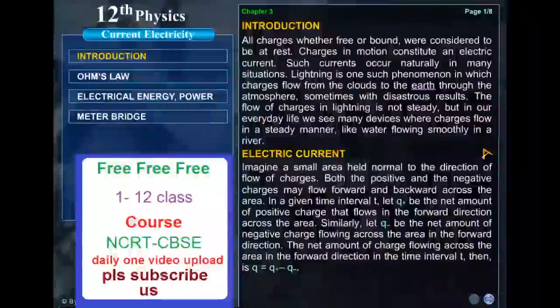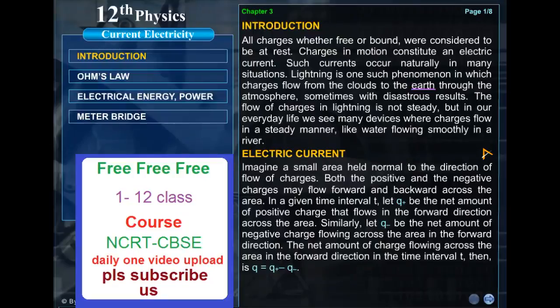All charges, whether free or bound, were considered to be at rest. Charges in motion constitute an electric current. Such currents occur naturally in many situations. Lightning is one such phenomenon in which charges flow from the clouds to the earth through the atmosphere, sometimes with